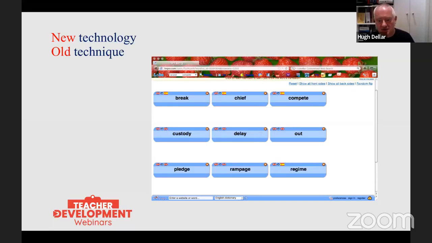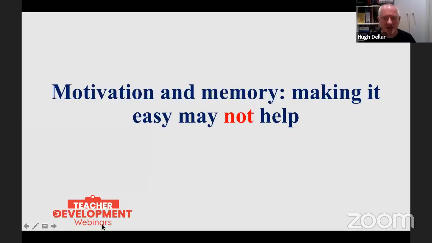And you look at these words, and here you can see English, Spanish, and they're all single words. You can't change or add to this. You look at the English word, you say the Spanish word, you flip it over, you check that you've got it. Well, you can do that with pieces of paper on the bus. I spent years doing that with other languages that I was learning. It's still a grind. It's still a bit boring. It's still hard work. And because it's focused only on single words, it's also not massively useful. So, yes, new technology, but old and actually quite outdated technique.